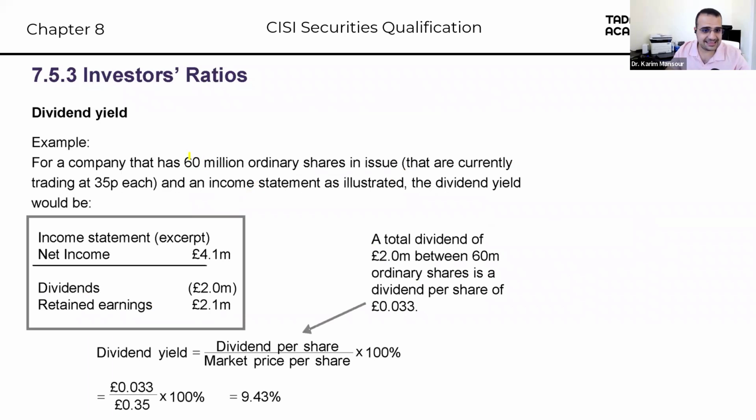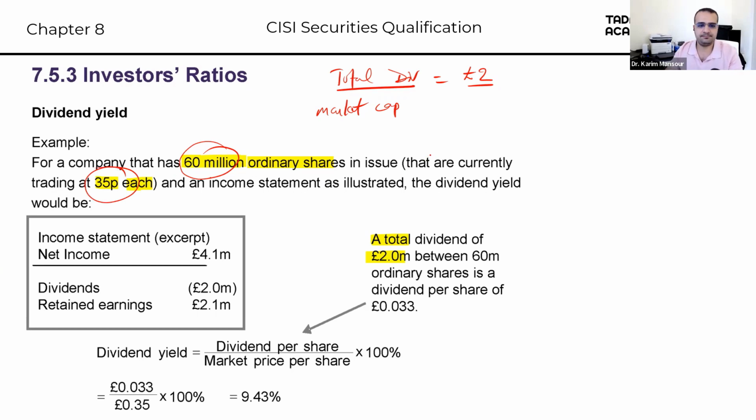So a company has, this is an example, 60 million ordinary shares, currently trading at 35 pence each. And with an income statement as illustrated, the dividend yield would be, I think we can put that, a total dividend of 2 million. So we will use the market capitalization value. So the total dividend for all shares is 2 million, in pounds, over the market capitalization, or the market value, which is the number of shares